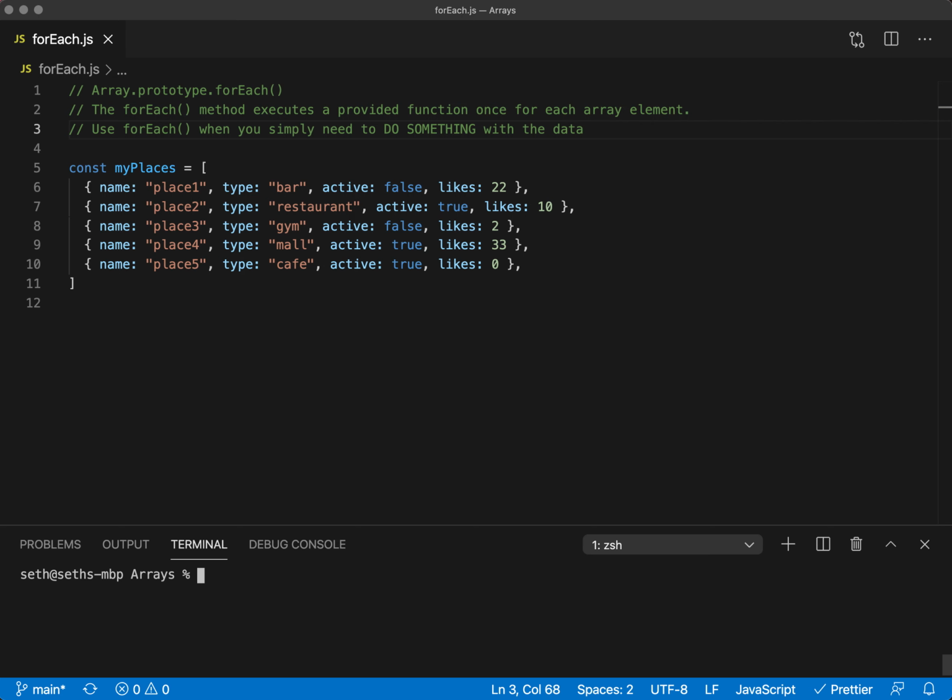Right, so today I'm going to talk about the JavaScript array method forEach, which is actually pretty straightforward. The purpose of this method: the forEach method executes a provided function once for each array element. And I added this little note here to point out that a lot of people will confuse forEach with map because they're pretty similar, but forEach is best used when you simply need to do something with